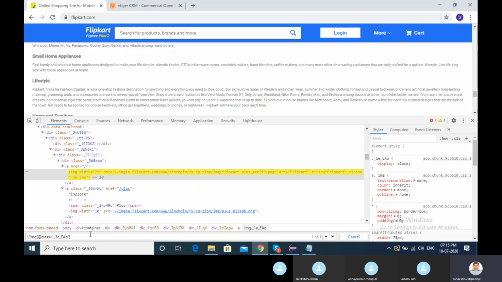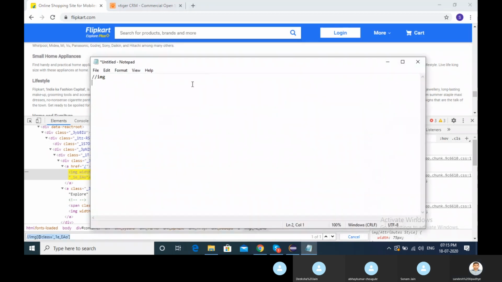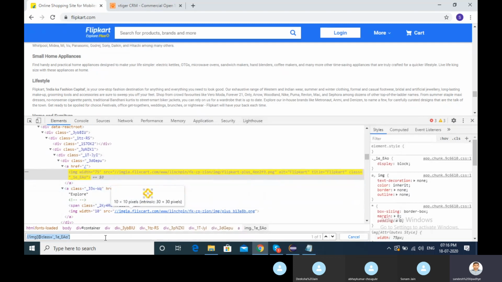So in a similar way you can find with ID, name, if we have something like this, correct? So with the image tag you can find with ID or name.